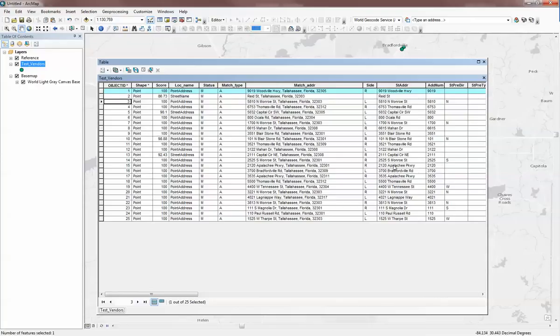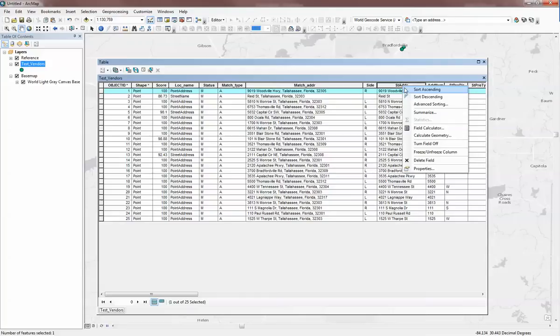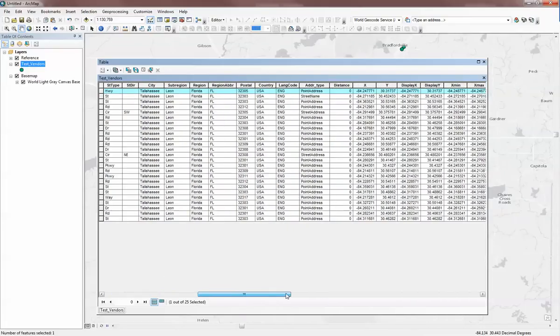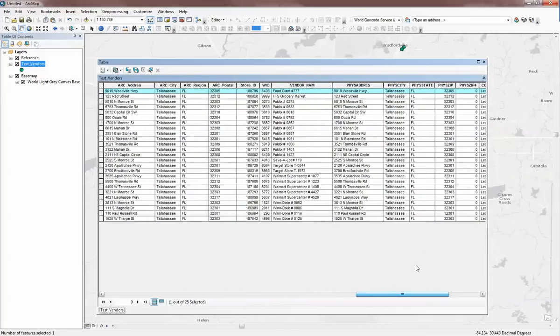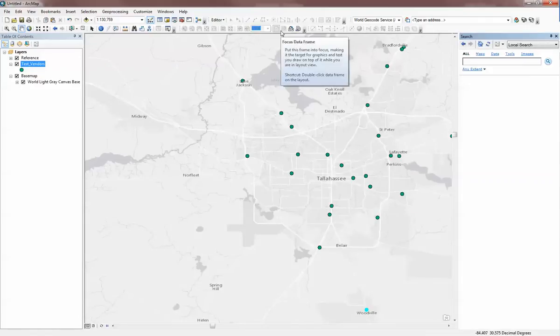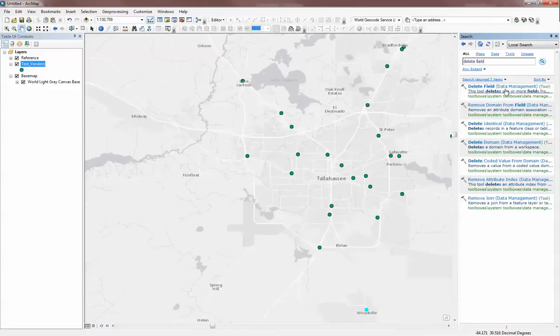To delete fields, you can do the same thing as hiding. You can right click and say delete field here and it'll get rid of it. It's a little time consuming to do them all one at a time, so if I want to get rid of all the fields to the left of my original data, except for the X and Y, what I would do is come over here, hit the search button, and type in delete field. It brings up Data Management as the first one we want. So if we open that up,